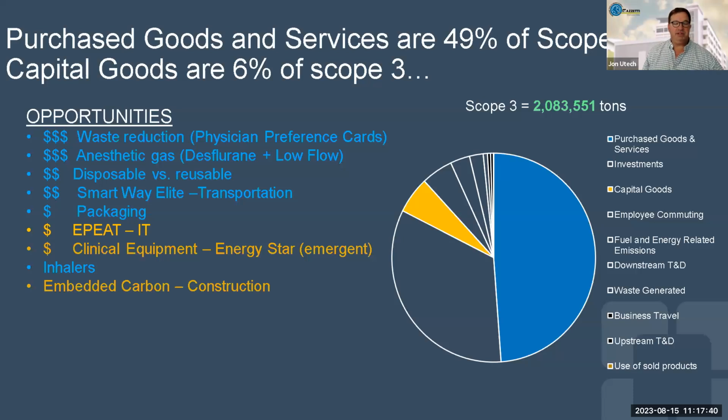Another area of focus is on disposable versus reusable. This is a big item, and this is a design item when we're building healthcare facilities. So this is something to keep an eye on, frankly, in that at the moment we build our facilities presuming a certain level of sterilization. And there's been this tension between disposable versus reusable. Disposable has won the day in many areas. Because of Scope 3 carbon,